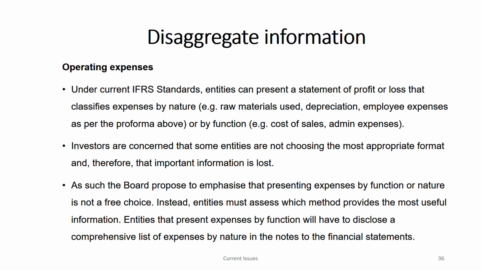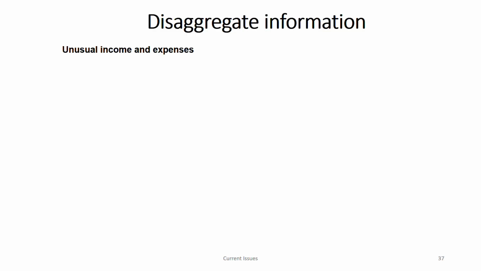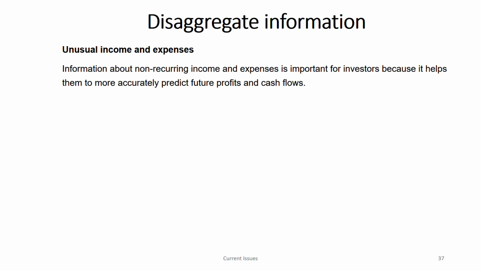Now, the second item where we are going to disaggregate is unusual income and expenses. The first one was operating expenses. Now, unusual income and expenses: something which is not very usual, not very recurring, does not happen every day. You need to disaggregate, and disaggregating this kind of information is very easy because it's one-off. Items are not so many. It's non-recurring, it does not happen frequently, maybe once or twice it happened. It is something outside the norm, so that is known as unusual income and expenses.